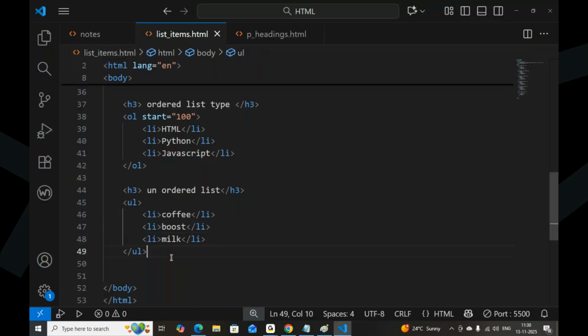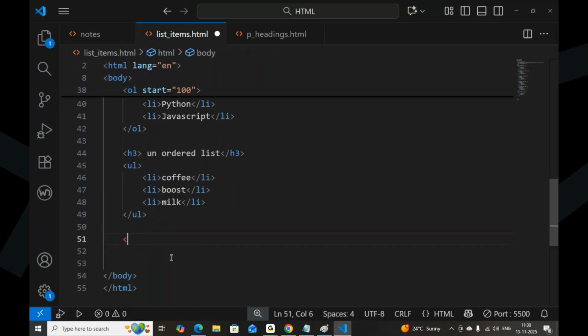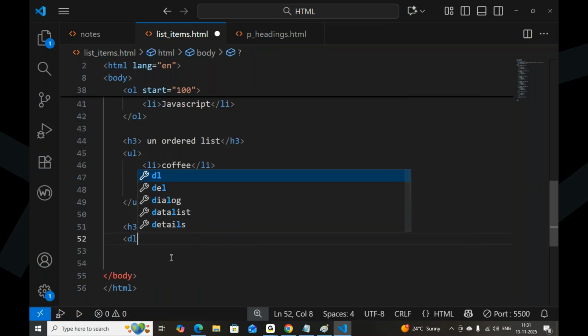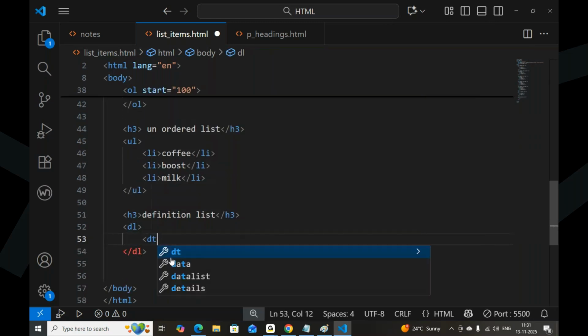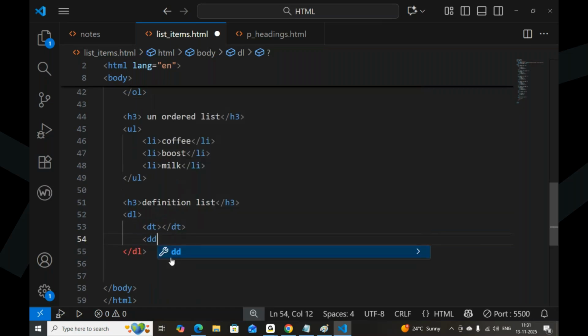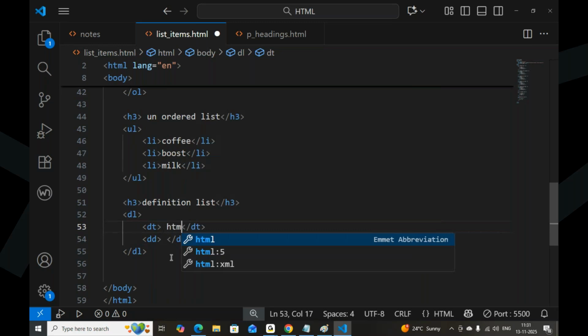Let me go for definition list then. H3 definition list. How will the definition list look? So DL, DT text, DD. First DT definition title, HTML, some plain text.